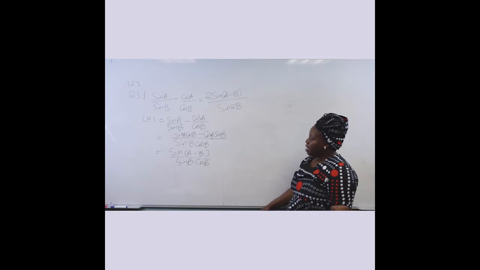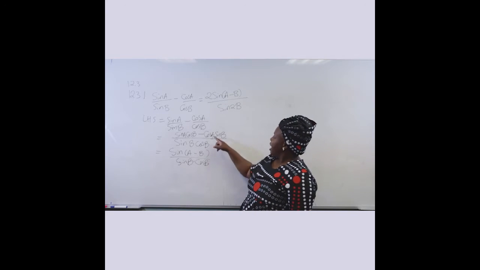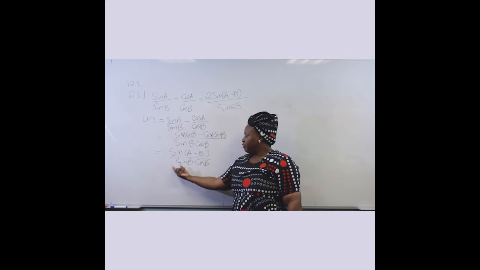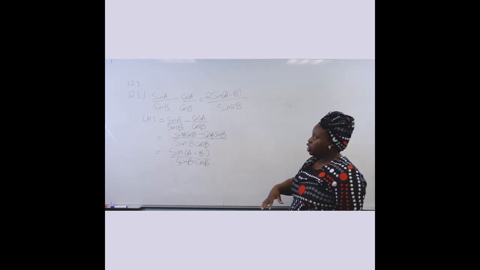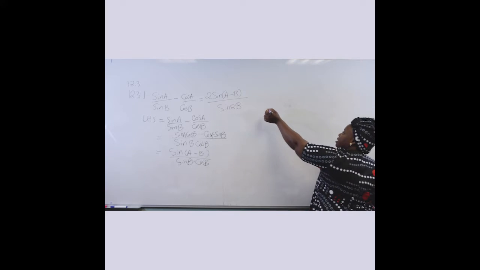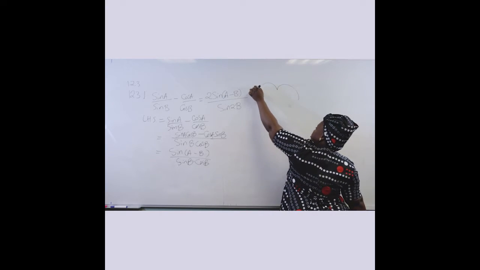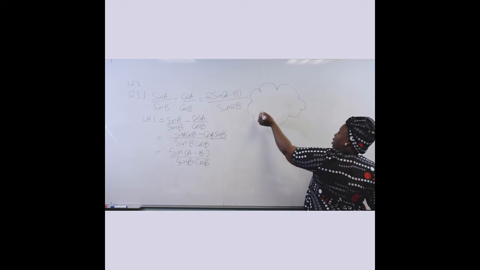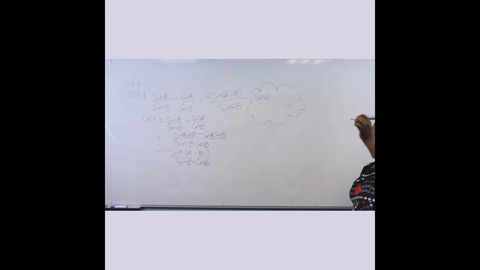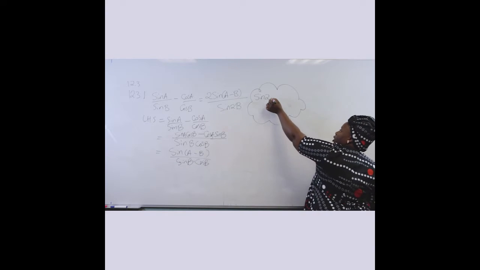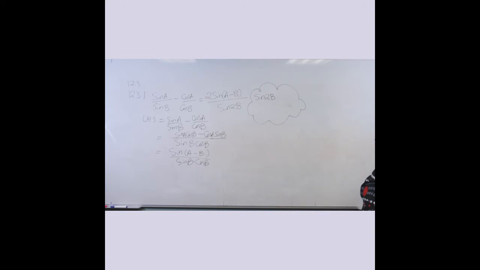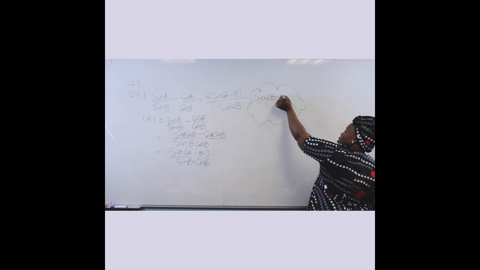And one will say, but I'm having sine B cos B, and they are having 2, and I can't deal with it. It is not that difficult, guys. If we go back to our formula sheet, let's just write it as rough somewhere. If we go back to our formula sheet, we will find that sine 2 of a same angle, in this case, we are talking about B, because I want to do this one. It's actually equal to 2